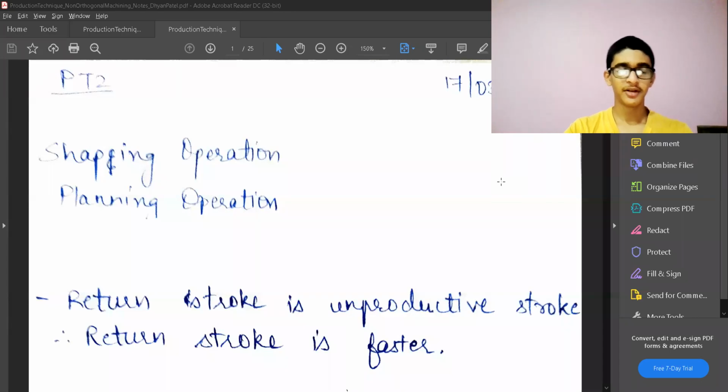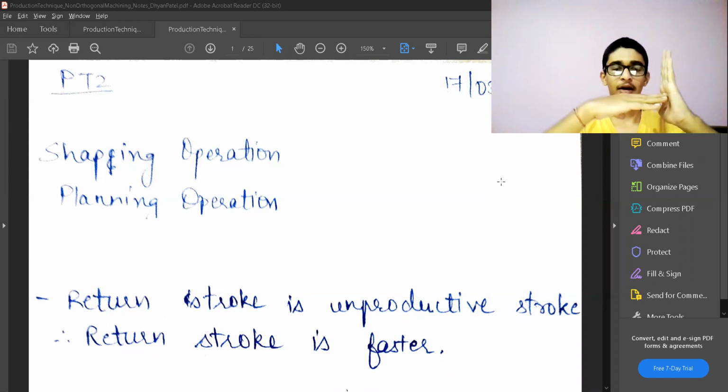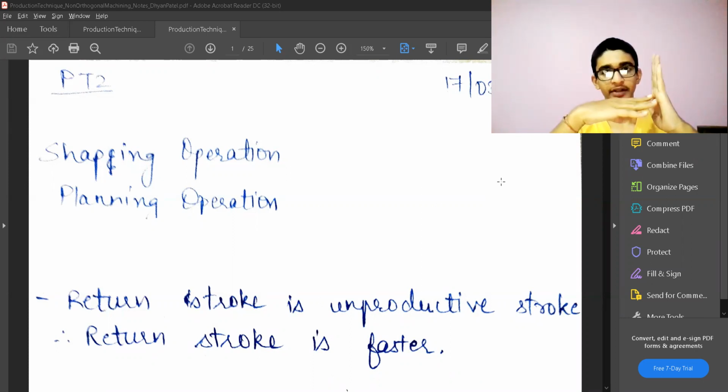Hello everyone. So till now we have seen conventional machining processes, and in that also we were talking about a very specific type of simplistic model of machining, which was orthogonal machining. That means that if this is my tool surface, I'm going to approach it directly at 90 degrees. The tool surface and the side cutting edge will be exactly 90 degrees, and the main cutting edge will be here.